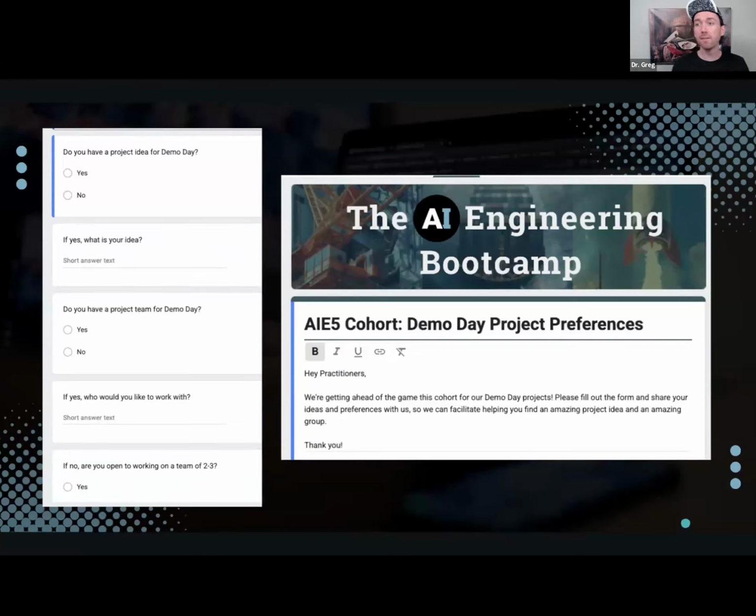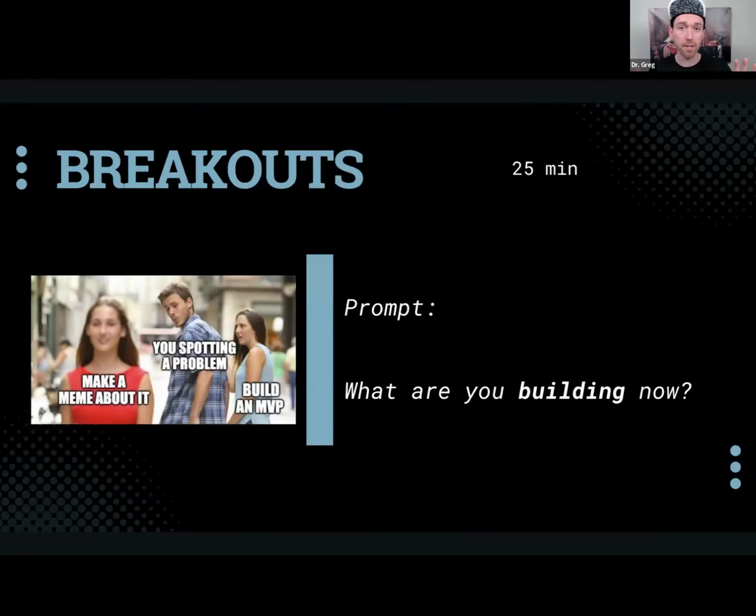With that, I'd like to let you spend some time together with each other. If you don't have an idea, that's okay. We're not forcing you into this right now. What we want you to do is talk about what you're building now. You may have started to do this in session 1, and I'll let your peer supporters and your journey groups continue the discussion.